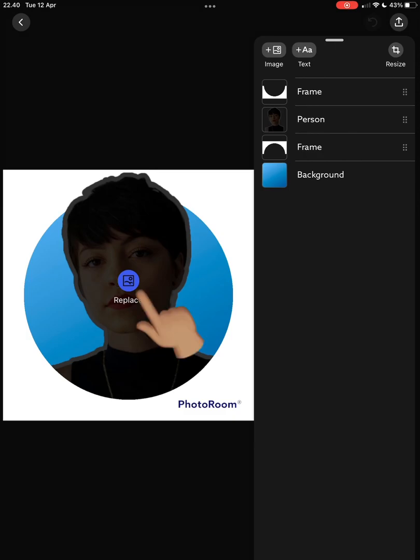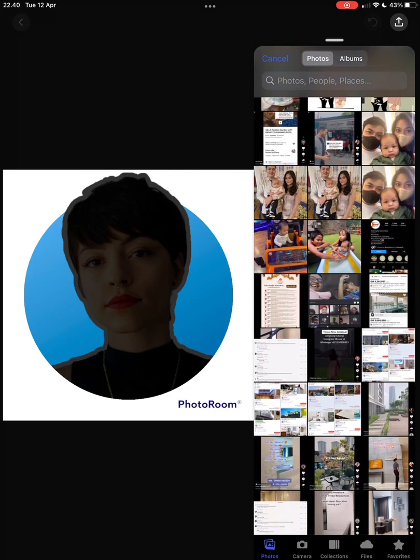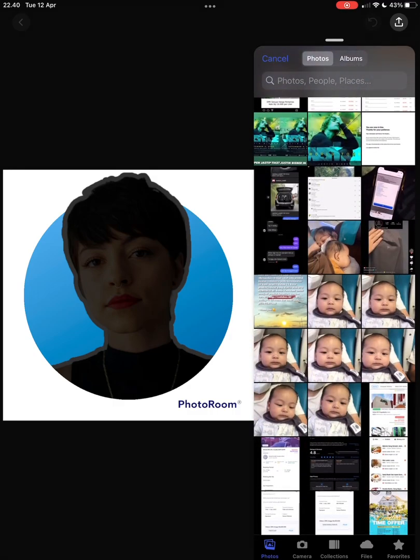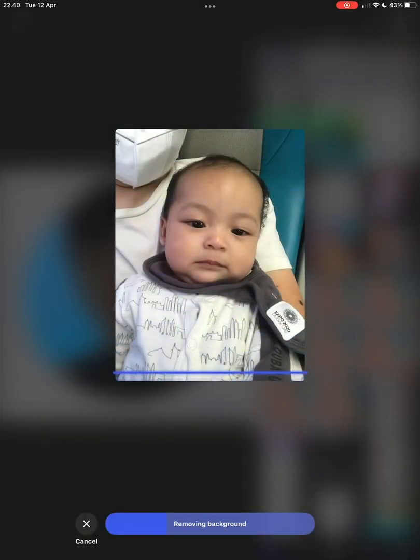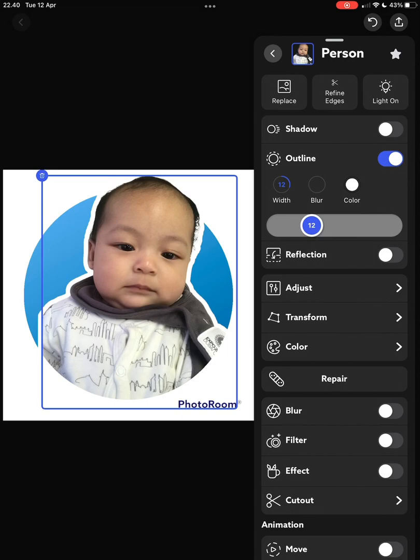Just tap on the writing replace, and then you choose the photo. So this, for example, this is just an example. So this one, just tap and then wait. It's scanning, removing background, and then tap done. And so you can adjust the picture